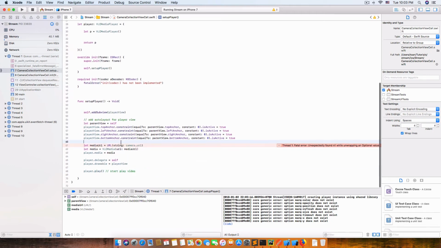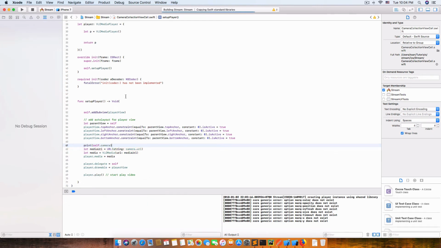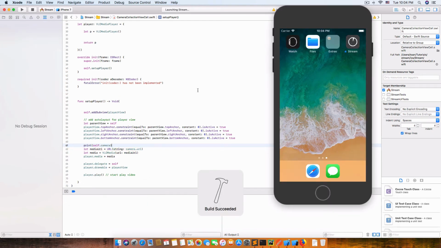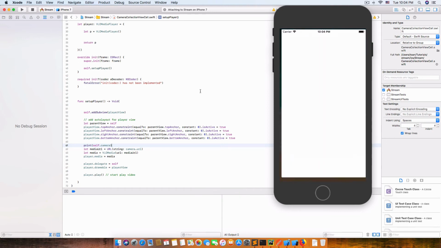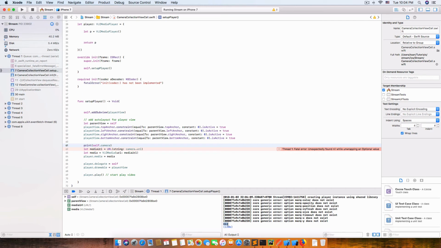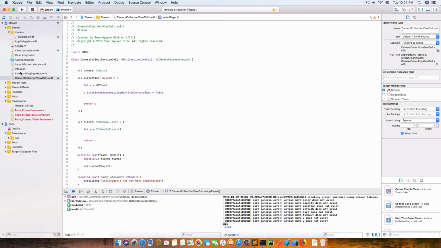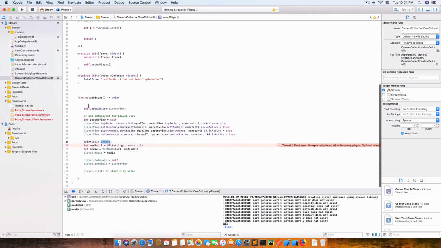Alright, camera. So I'm going to print setup.camera, setup player. Okay, so we got a nil, and that means the camera didn't set. So how do we do that? So I'm going to do equal setup player,